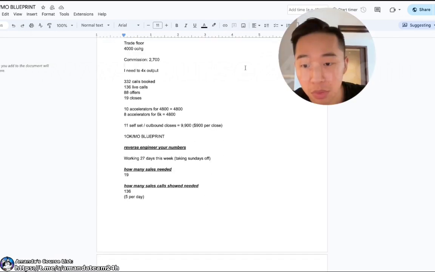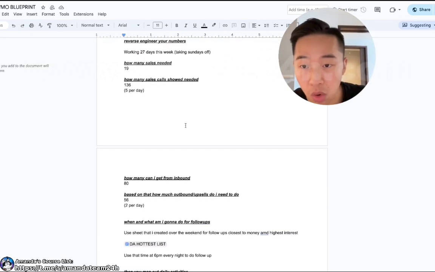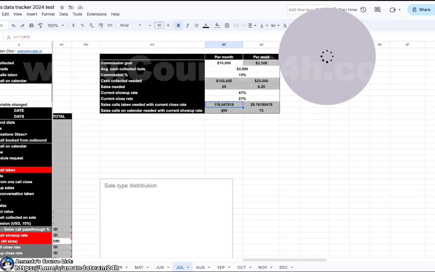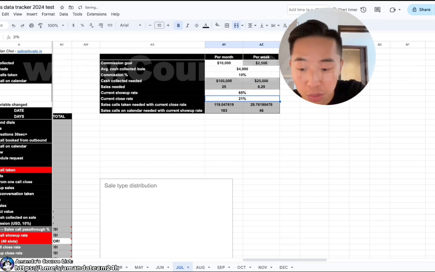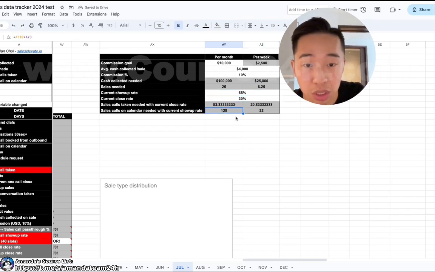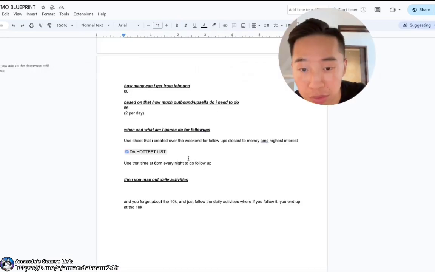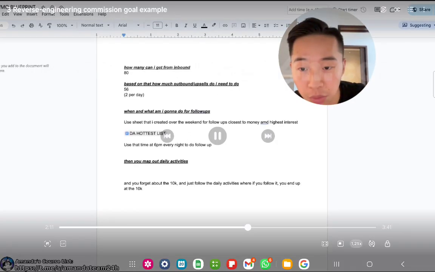So let's go to the how. Okay, how are we going to get this many opportunities? There are different options. You either increase this to about 65%, and then we get this to about 30%. In that case, this is more than doable. It's like 30 booked per week. And how you can do that is doing your own outbound and upsells and so on.